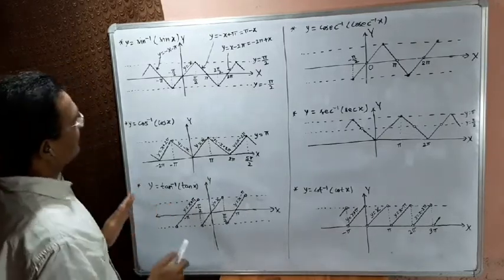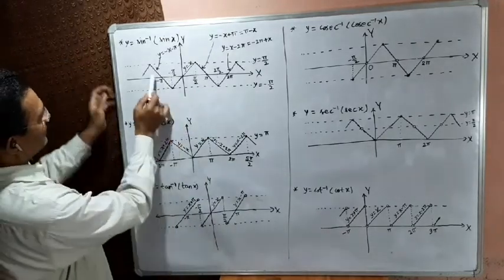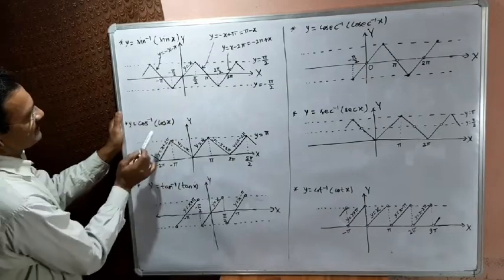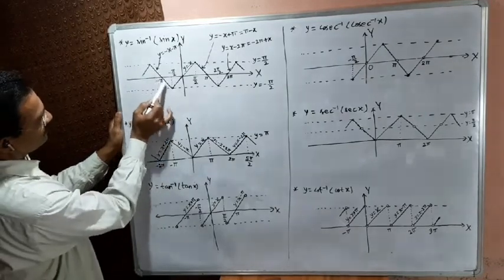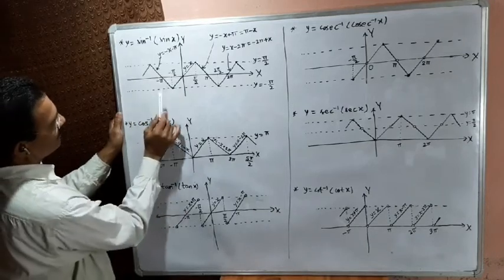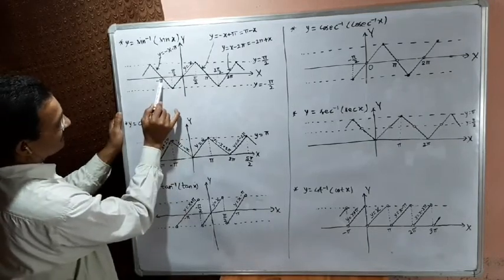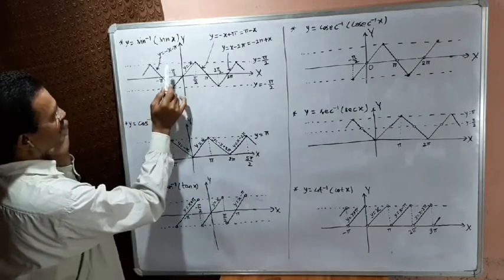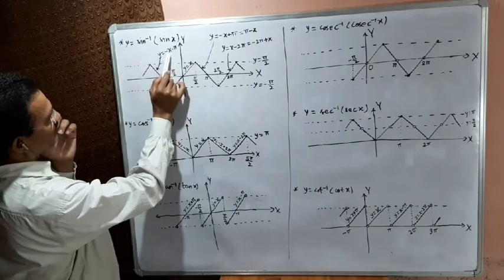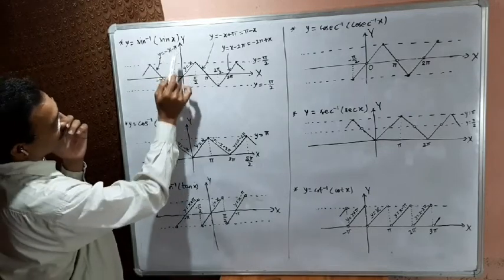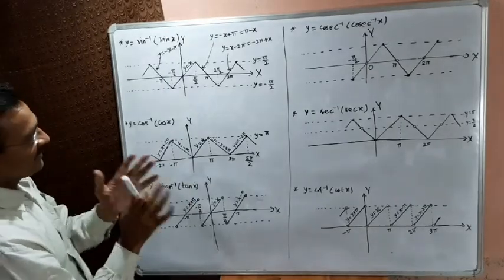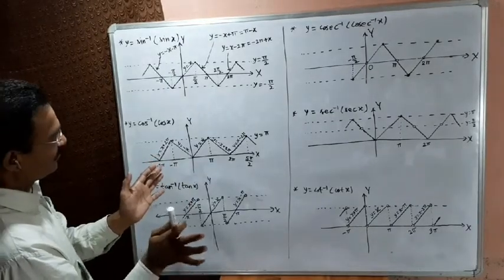In the same way, here, for the equation of this, the slope of this line segment is -1, therefore y will be -x, and it passes through (-pi, 0), therefore if we put x equals -pi, then this will be +pi, and therefore the constant should be -pi, so that +pi and -pi cancel out and give 0.